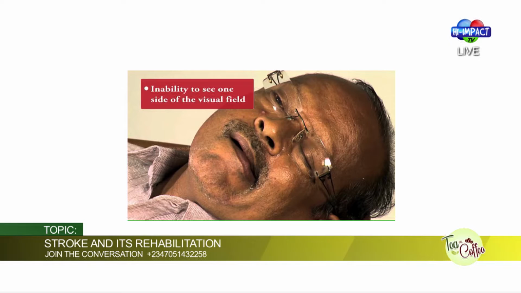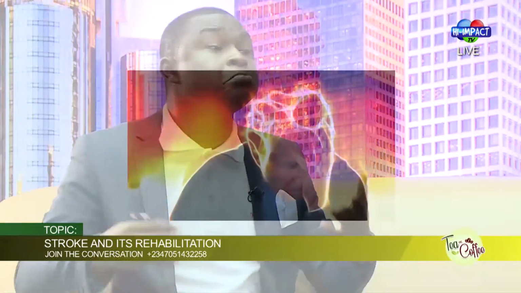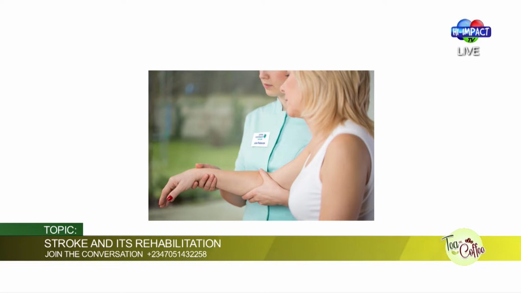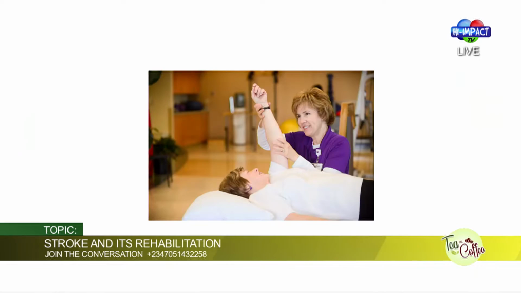So a lot of things, like what I told you about the non-modifiable factors, which you cannot do anything about. Family history: if you ask, oh, my grandfather, one uncle had stroke, that is an indicator, a precursor that you have to be very, very careful. So are you trying to say that it tends to be genetic? Yes, that is the hypertension, the high blood pressure. It runs in the family. Like you take someone with 200/130, and I say, wow, my sister, my brother, that's the way my dad was, even my uncle. So one can have a predisposition to having stroke. And if you have a predisposition to it, it doesn't mean that you would have it. You can have lifestyle changes that would effectively help.